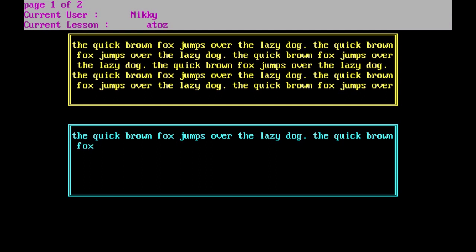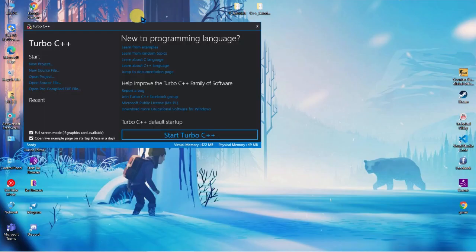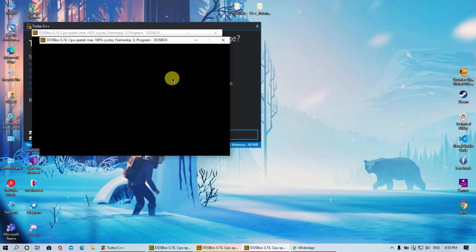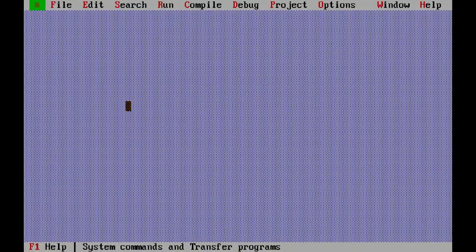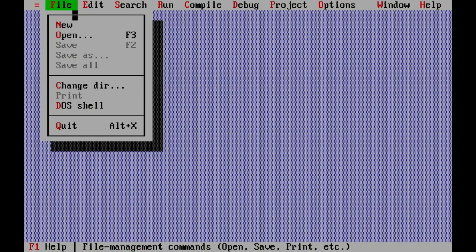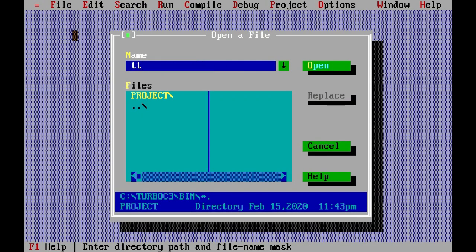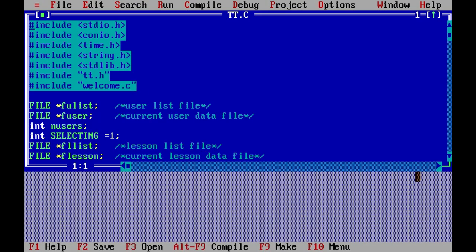So how did I create this, or how do I make this program, let me show you. Let's execute again and let me show you its source code. Open tt.c, the typing tutor.